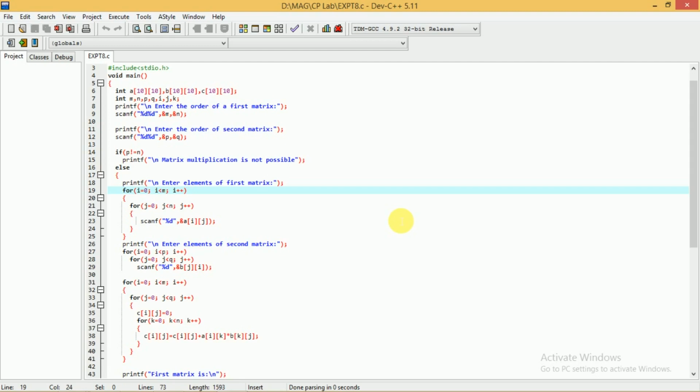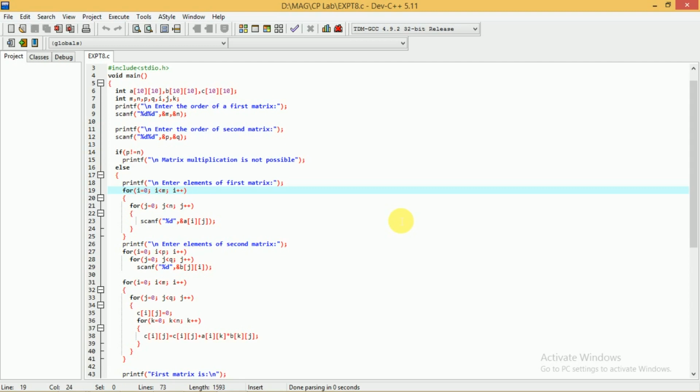If you want to access the first element, you have to specify the row number and column number of that element. So obviously the row and column will be 0. So how to represent this? This can be represented as a of 0 by 0, that is, a of, in square bracket 0, and after that, in another square bracket 0.